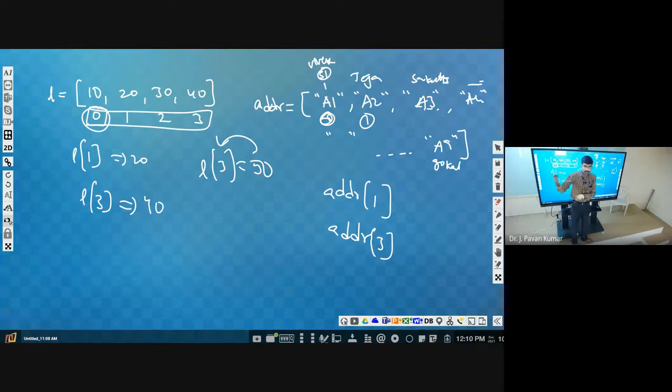Somebody maybe wants to use real numbers as the index, 1.1, 1.2, 1.3. 1.1 means I should get some value, 1.2 means I should get some value. Let us assume you are conducting some scientific experiment. There are two parameters, and based upon one parameter, you need to vary the second parameter.